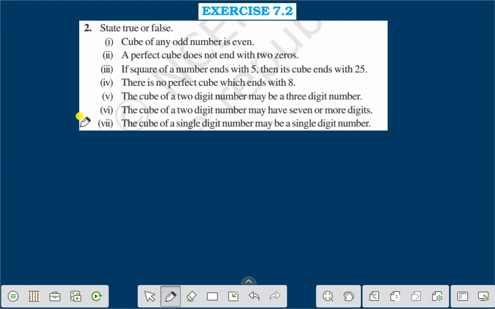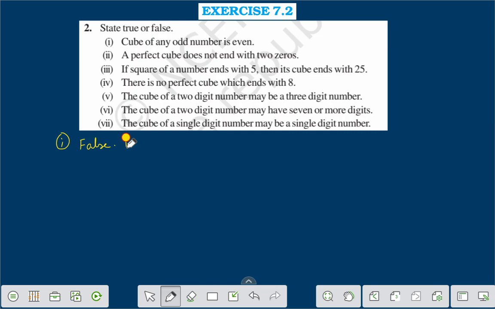Question number 1: Cube of any odd number is even. That is false. What is the reason? Reason is that